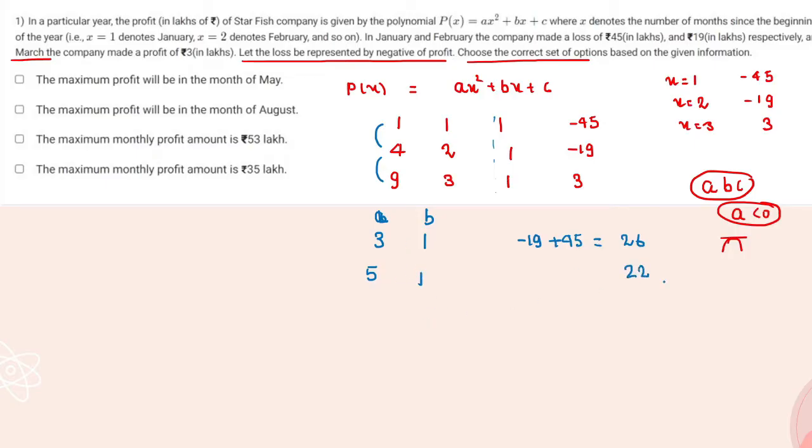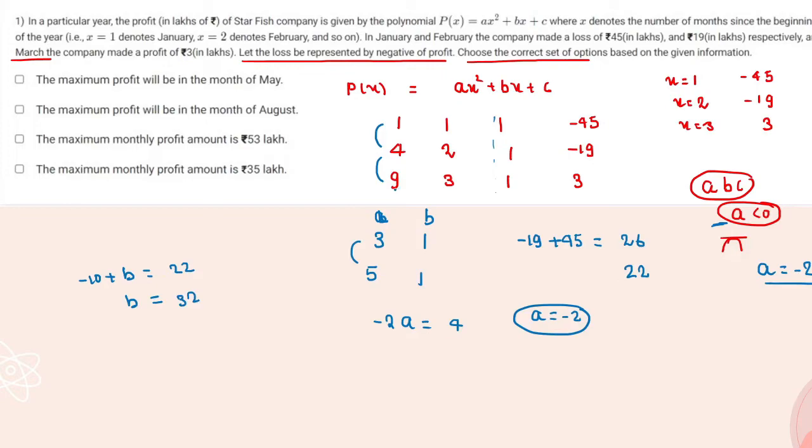Now from here we can subtract these two. The a term will be minus 2 and here it will give 4. So from here a will be equal to minus 2, which we discussed earlier should be less than 0. Then we substitute here to get the value of b. 5 times a gives minus 10, plus b gives 12, so b will be equal to 12 plus 10, that is 22.